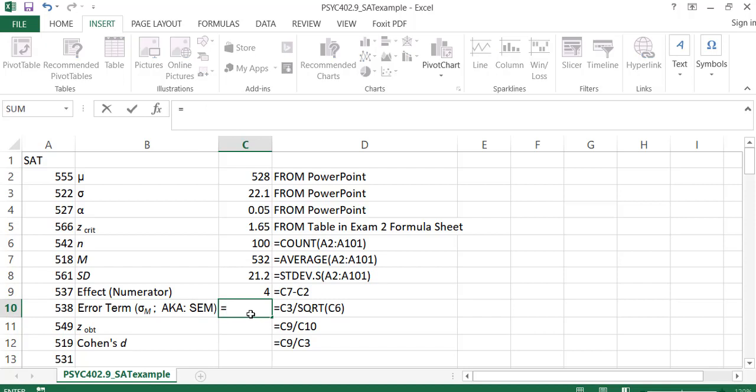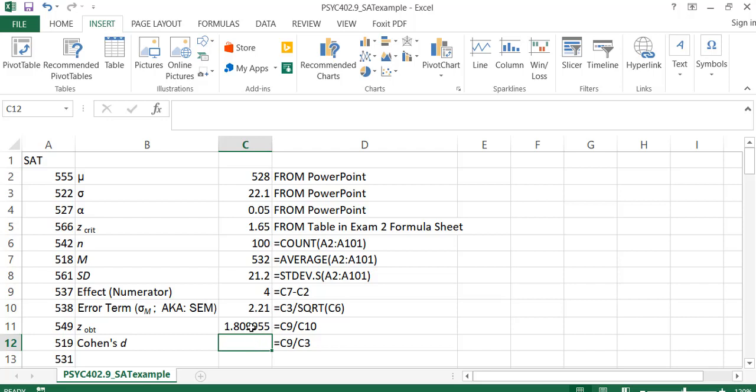So I'm going to say equals, and that standard error of the mean in this case is equal to the standard deviation of the population divided by the square root of the sample size. And we find that that is 2.21. So then when we go to do Z obtained, it is simply this effect divided by the error term, and we find that our Z obtained is